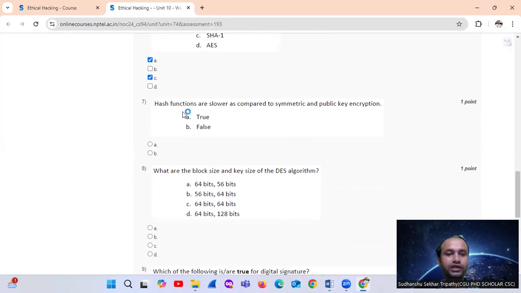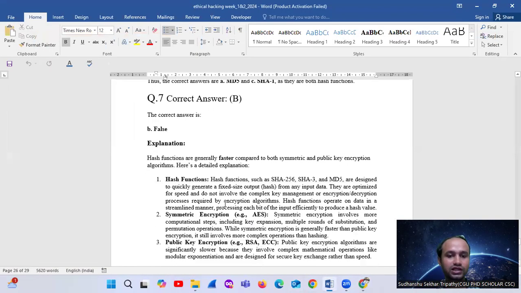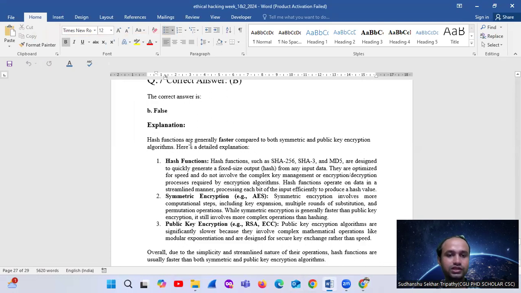Yes. Question 7. Hash functions are slower as compared to symmetric and public key encryption. This is false, because hash function is faster. Okay, not slower. Hash function is faster. This is not slower. It is faster. So it will be false. The explanation is that hash functions are generally faster compared to both symmetric and public key encryption